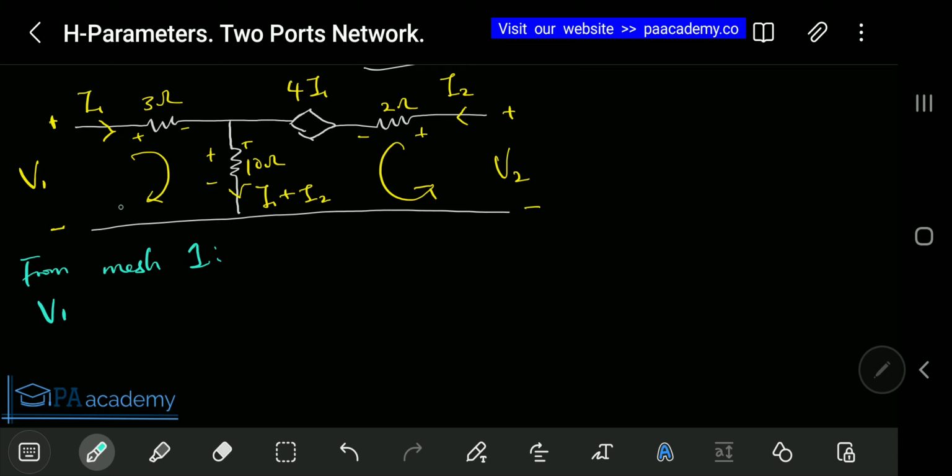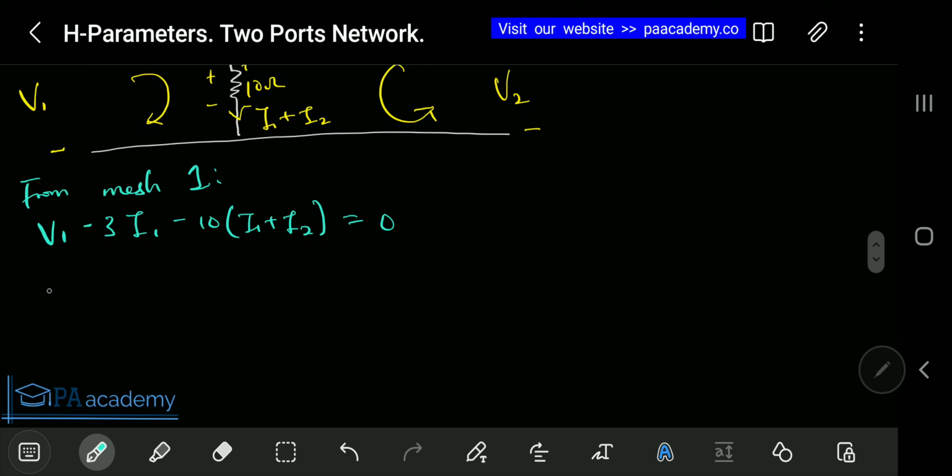Okay. So this will be plus V1 and then this will be minus 3I1 minus 10 into brackets I1 plus I2 equals to 0. So that will be V1 is equals to minus 3. Okay, no. So that's V1 minus 3I1 minus 10I1 minus 10I2